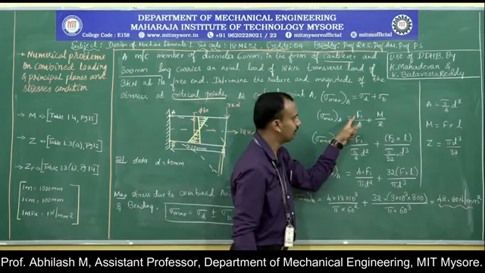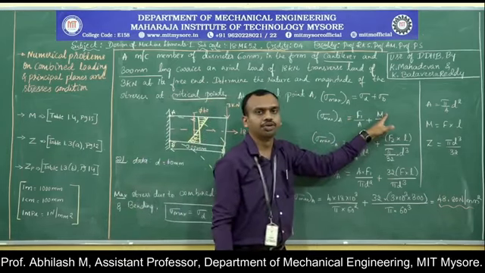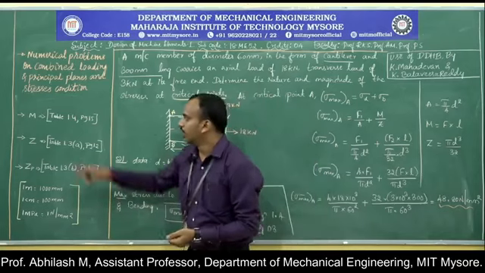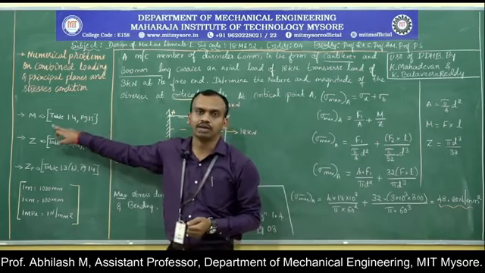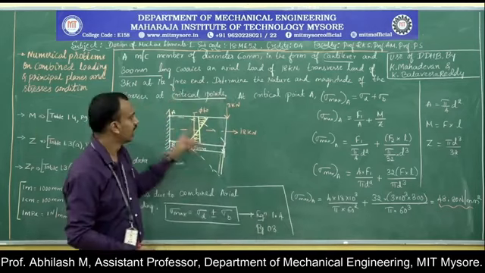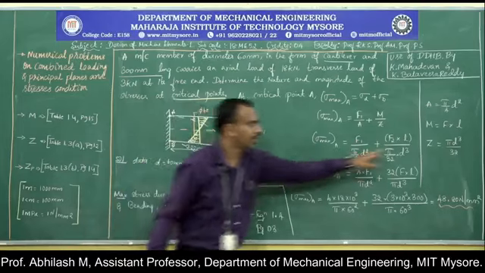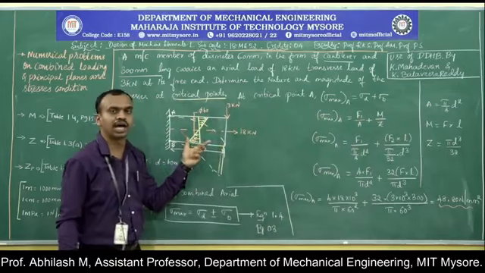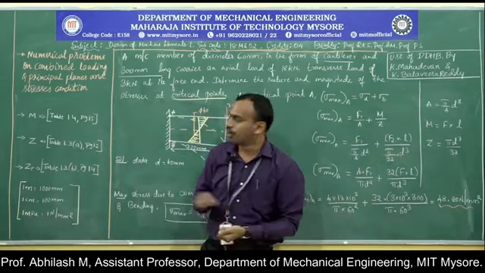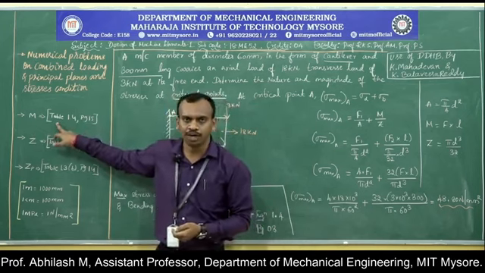Then what are the values of this F? We know the applied load is 18 kilonewton, whereas the moment, in order to calculate it, will be force into perpendicular distance, or you can refer to the data handbook page number 15 under table 1.4. We are going to get the moment value for different conditions. For instance, in this problem, it is a cantilever beam, and the load is applied at the free end. For this, the equation is F into L. What if it is a simply supported beam carrying a load at its center? This equation doesn't hold good. For that reason, for all the problems, check the moment equation from page number 15 and table 1.4.